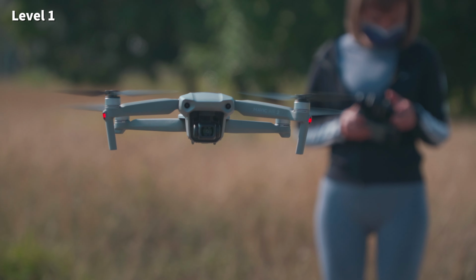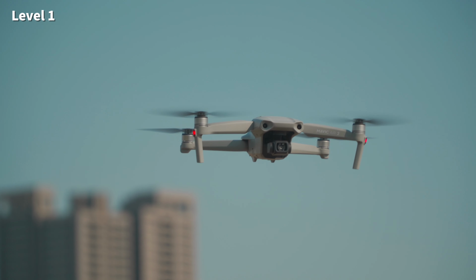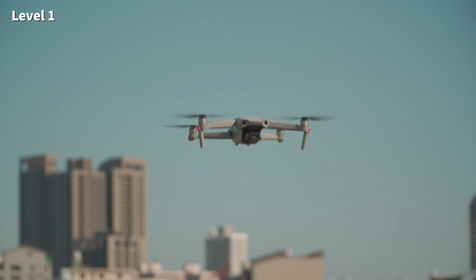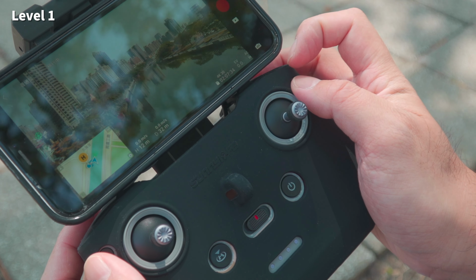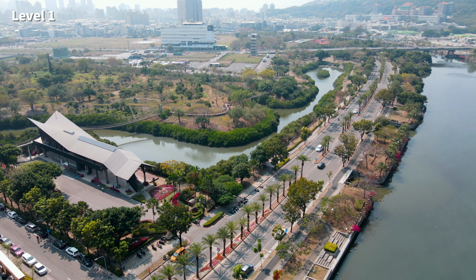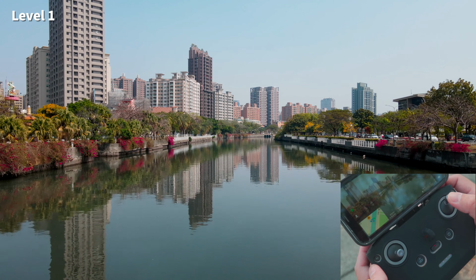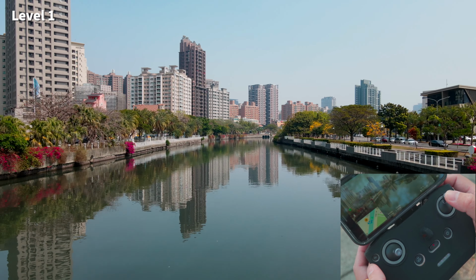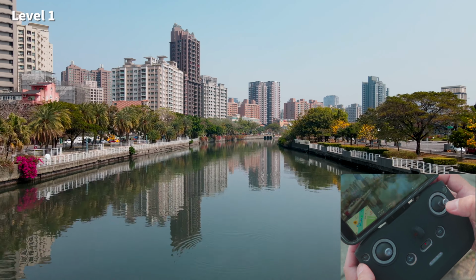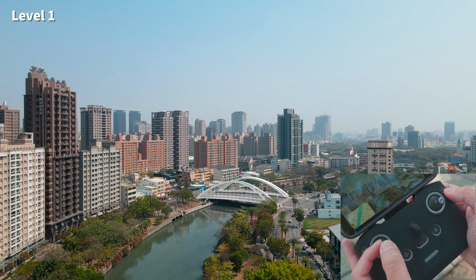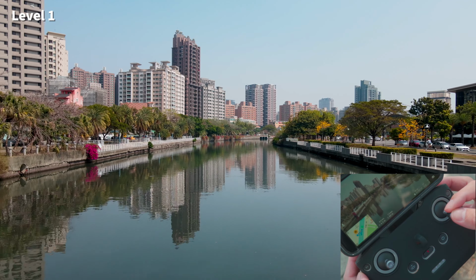Level 1, aka beginner level, includes static shot and one direction movement shot. Taking a static shot is so easy. Just hover the drone in the air and hit the record button. It could be a car passing by or a time-lapse sunset. In this level, you should know how to take a shot while making only one directional move at a time. It could be a tilt, pan, up and down, or pitch and roll.